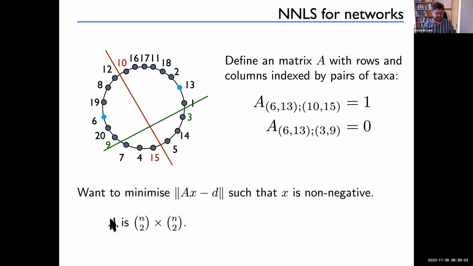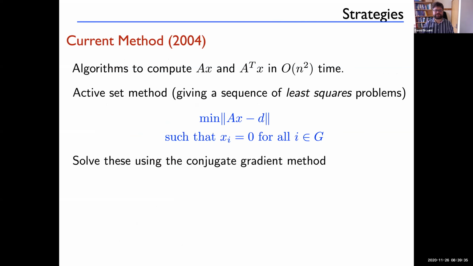And the main thing here, computationally, is that A is n choose 2 rows by n choose 2 columns. So if we're doing something like n equals 1,000 taxa, which is quite reasonable to aim for, n choose 2 is about 500,000, so it's a 500,000 by 500,000 actually dense matrix. And if you're ever wondering what's going on when the beach ball is spinning during SplitsTree on your large data set, this matrix has a lot to blame.